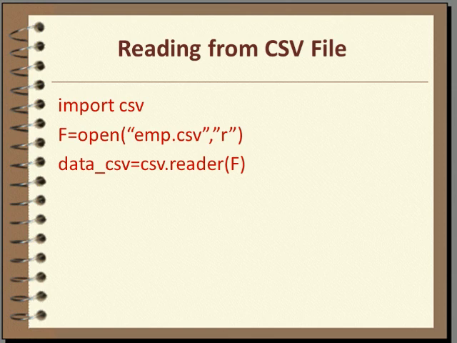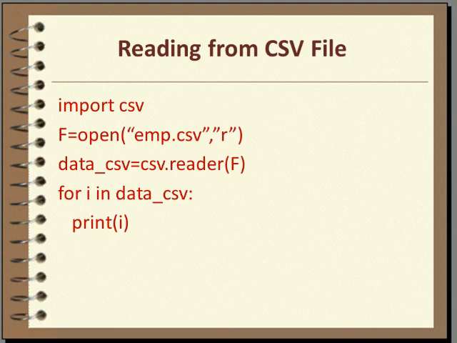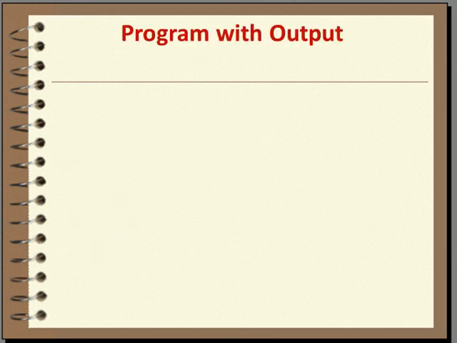Okay, that is why the reader object is iterable and we will use a for loop to access every line of the CSV file. Okay, and then we will print every record. If you do not want to use a for loop, then there is a next function that you can use, and in the last we will close our file. So let's see what is the output of this program.